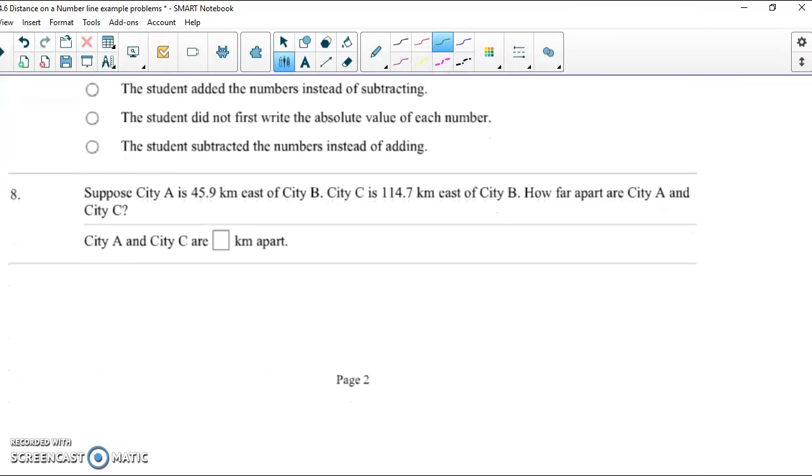We're going to wrap up with number 8 here, and then I'll let you work on your homework. Suppose city A is 45 and 9/10 kilometers east of city B. City C is 114 and 7/10 kilometers east of city B. How far apart are city A and city C? Definitely in this case, I think a picture or kind of a number line type diagram is going to help. So city A is east of city B. If we're thinking of directions in terms of right and left, then